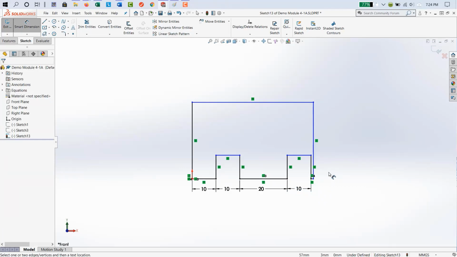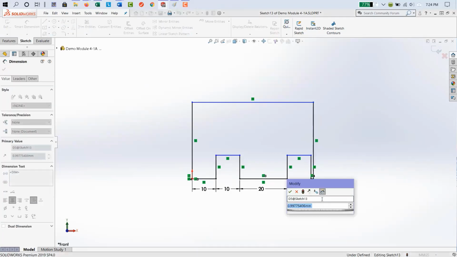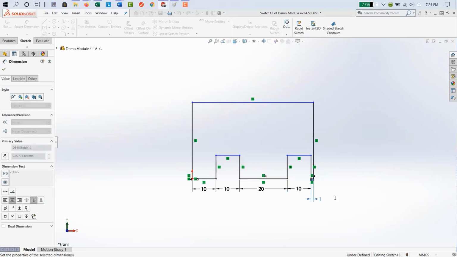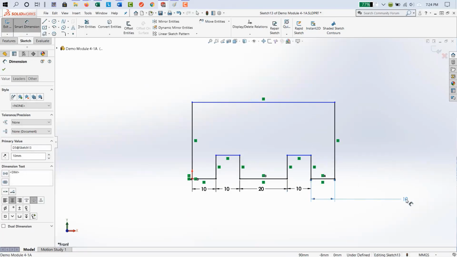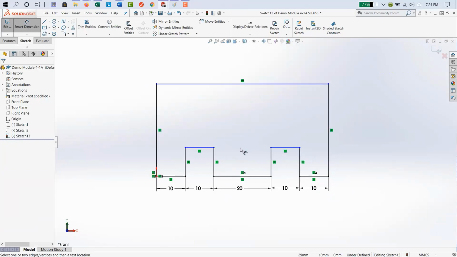All right, now we have one more. And now it's going to be 10 as well. And pulling it back into where it needs to be. So it looks very nice, very neat, very orderly. None of the values are crossing over other lines such as that. All the values are in relatively the middle.